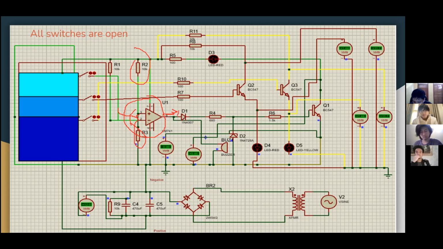And then we also use a bipolar junction transistor. In the collector part of the bipolar junction transistor, there will be a positive voltage, and when the op-amp generates a voltage, the voltage will go to the base of the BJT, and then this BJT will go into the active region. In the active region, the BJT will let current flow, providing a negative voltage here, and then the LED and other loads can be turned on. So this BJT acts like a switch in this circuit.